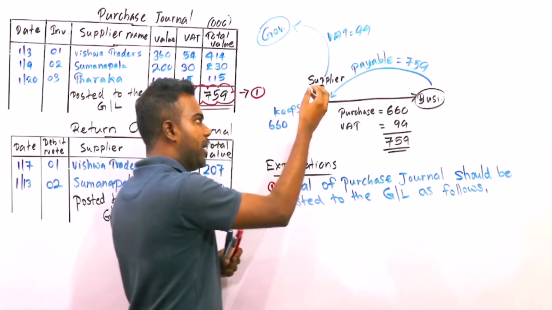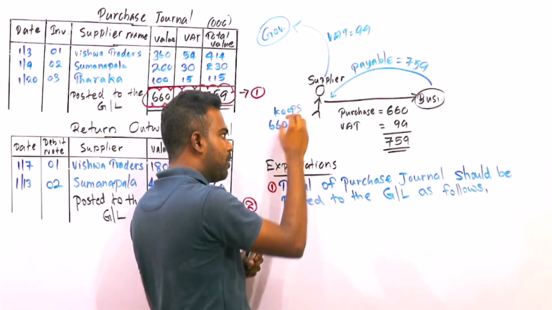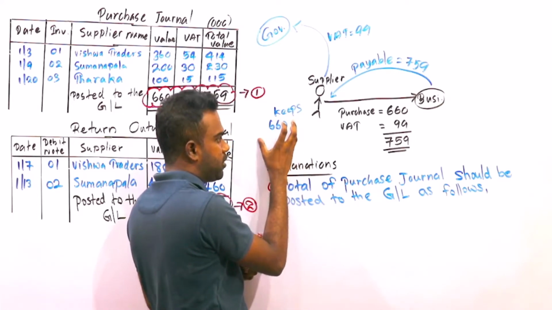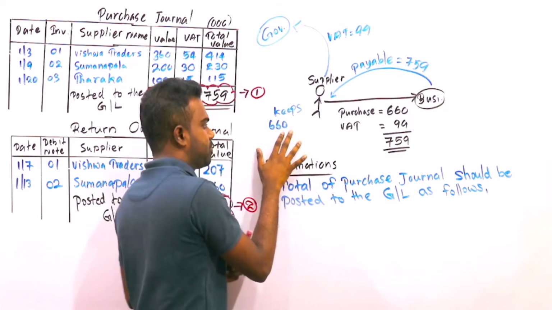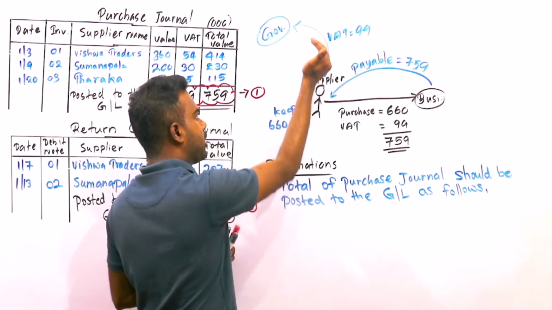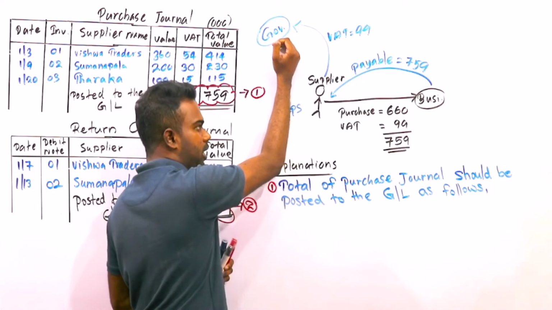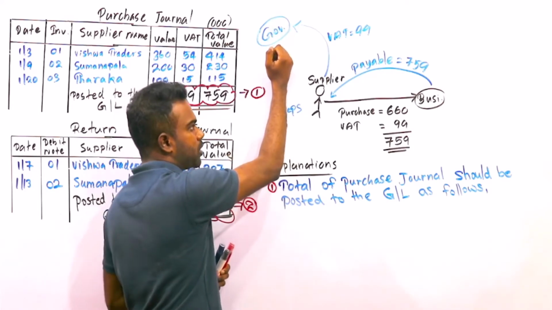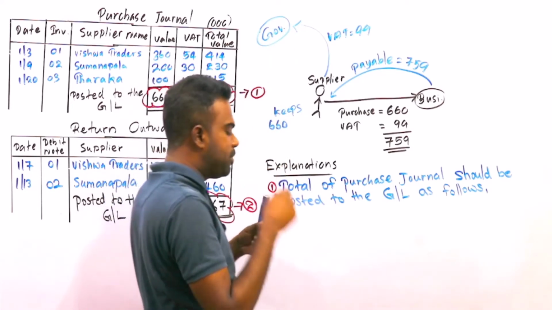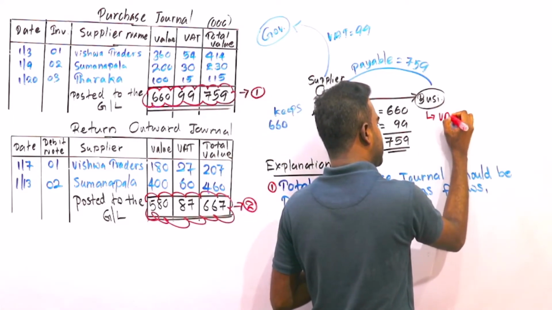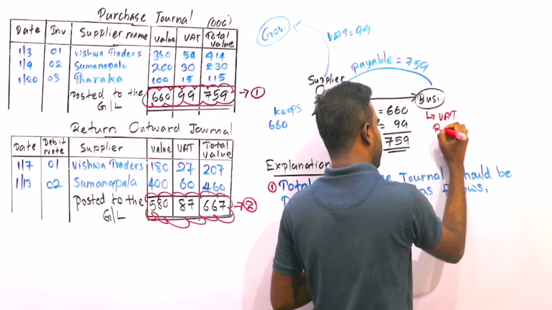But when receiving cash, the supplier keeps only the purchase price, 660, and the remaining VAT part will be sent to the government. But if the business has registered for VAT,